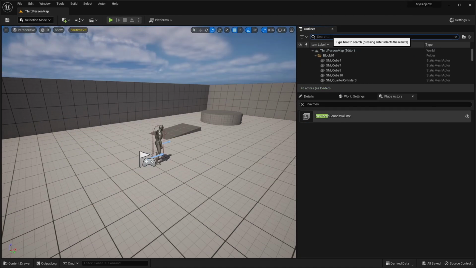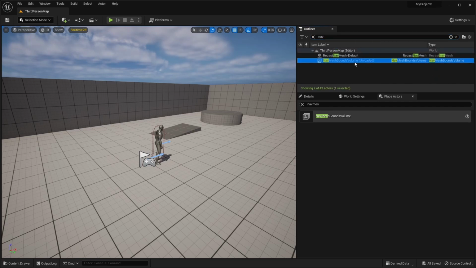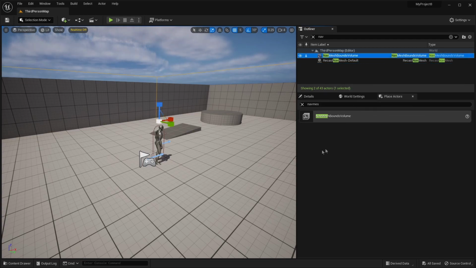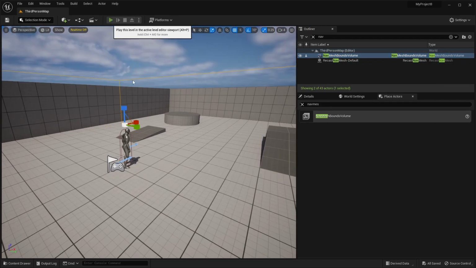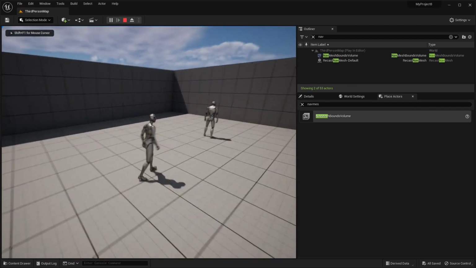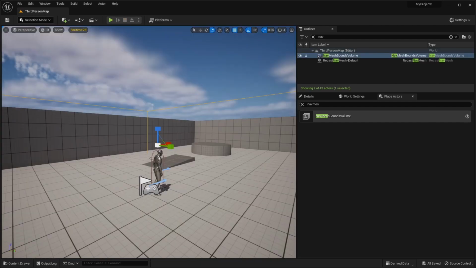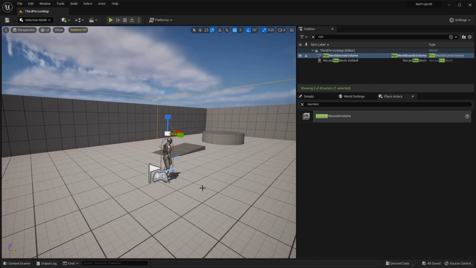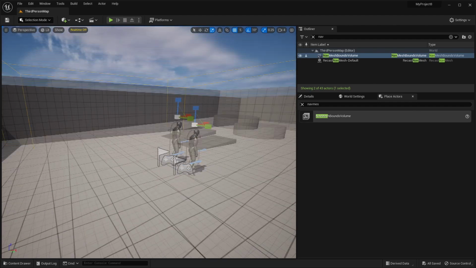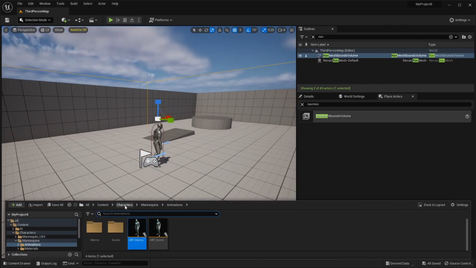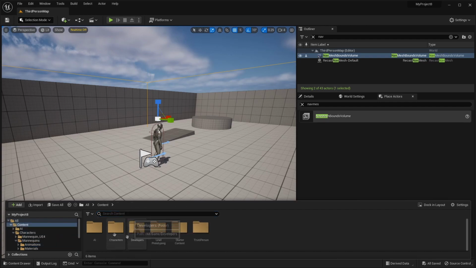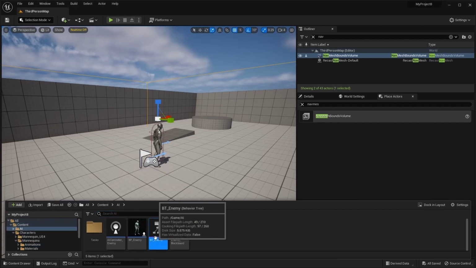One other thing, actually, the nav mesh bounds volume also kind of unloaded there, so we can just go over to this and pin it. And I'm just going to hit play. You see now it's actually playing the animation. So now the second problem, that the unit just deactivates. In our behavior tree,